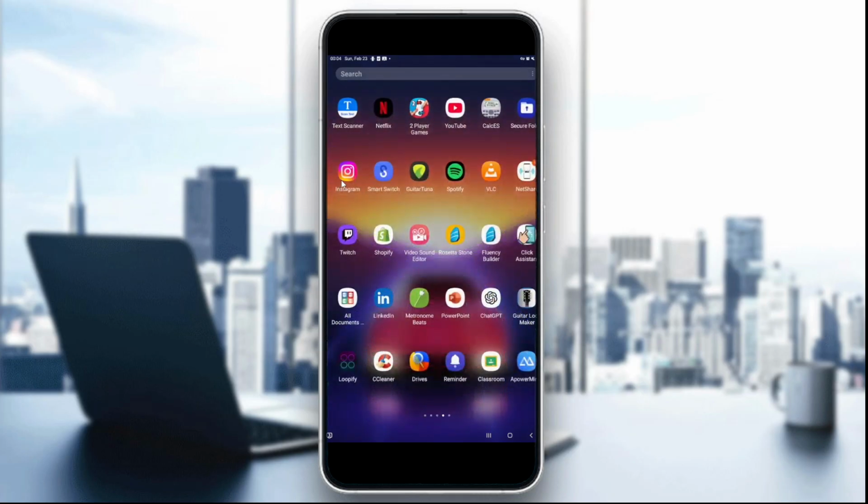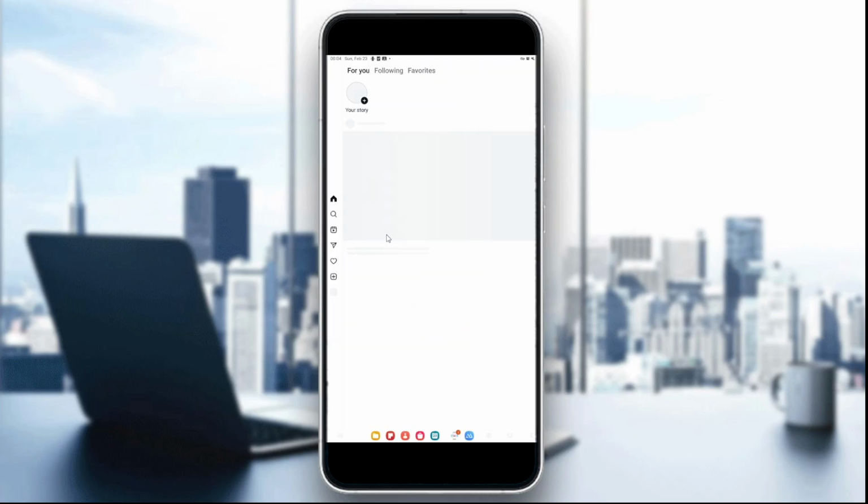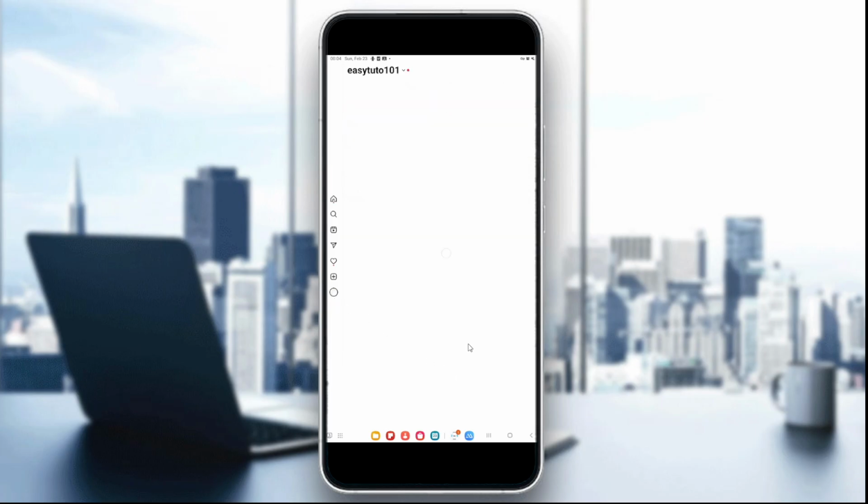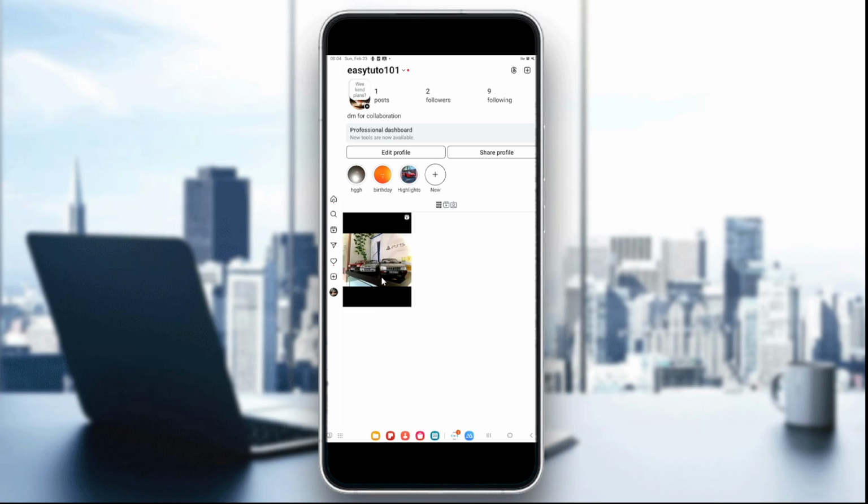The first step is to open the Instagram settings, and to do that just open the Instagram app and tap on your profile icon. Let's recheck. Tap on your profile icon at the bottom. Usually it's at the bottom in mobile version, but in this case I'm using a tablet, so it's displayed on